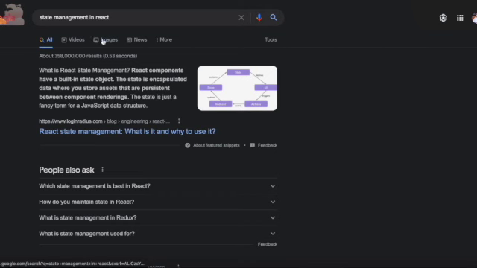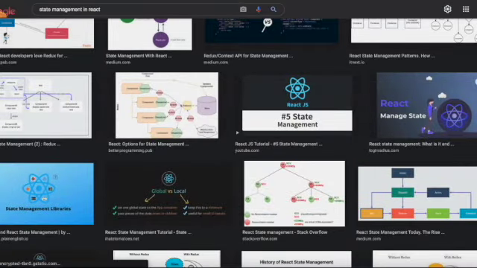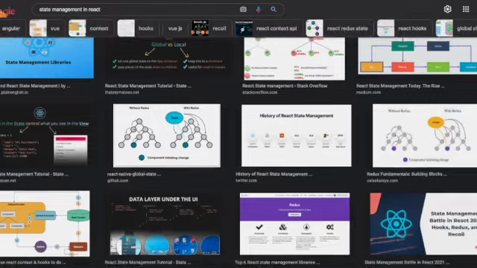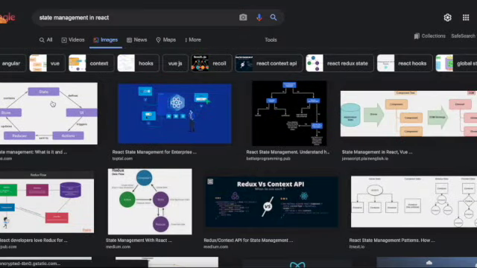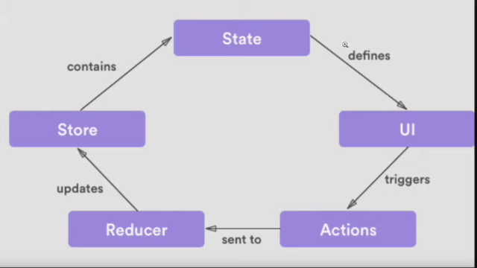Okay, let me take you to the image so you can better understand things. Which one is good? So this one we can see. Okay. Now inside state management, before going that deep, we can understand how it works. State management is what? Assume that